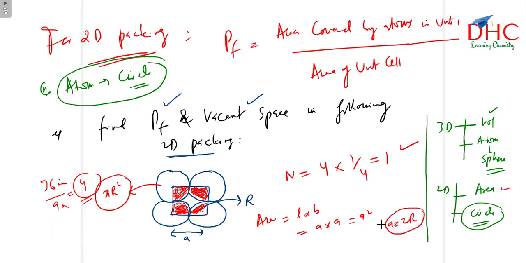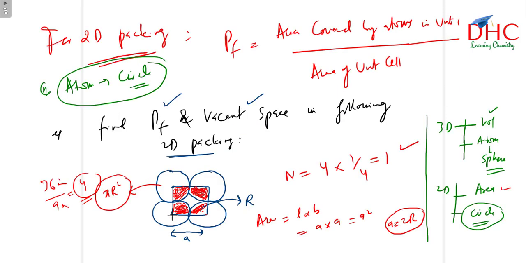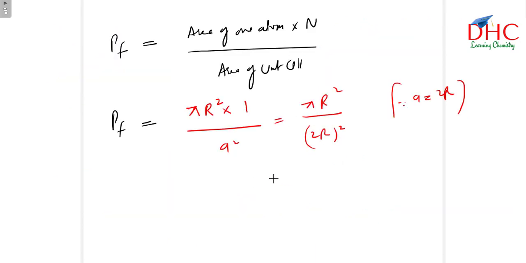You can put the value here also. So area of unit cell will be a square, and you know that it is pi r square divided by a is equal to 2r, that is whole square, because a is equal to 2r. कैसे पता चला, फ्रॉम फिगर. अगर आप देखेंगे ये रेडियस इतना है, ये भी रेडियस इतना है, so 2 times radius will be equal to this length of a. So once you put the value here, you will find it is pi r square divided by 4r square. R square will go. This is pi by 4. This is 3.14 divided by 4. That came out to be